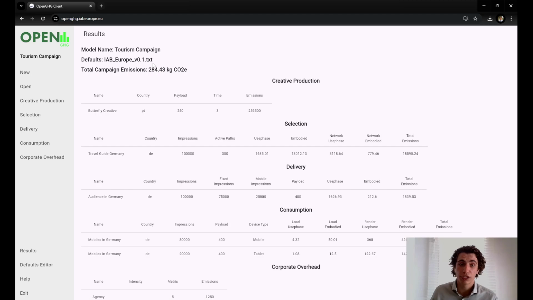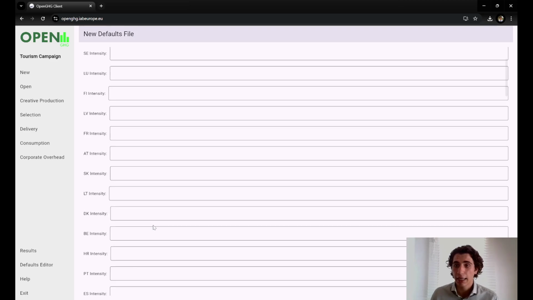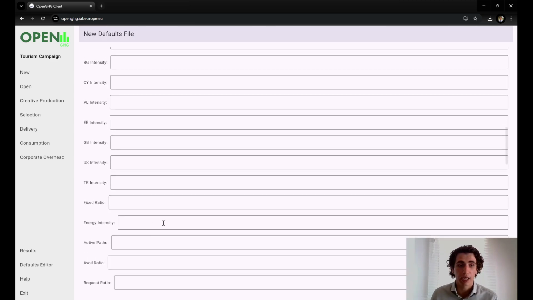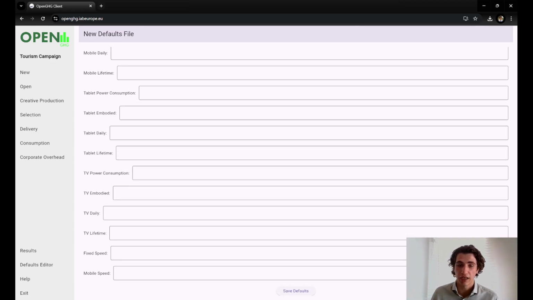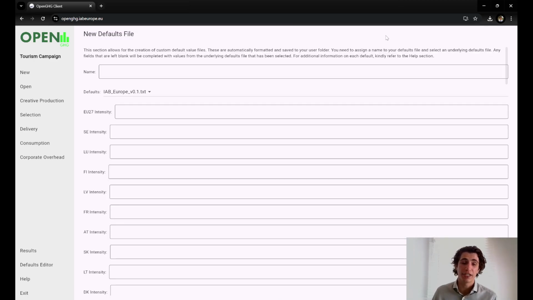Up here, you can also see what defaults file has been used for this model, which is really useful for record keeping purposes and to understand what exactly the differences are with respect to using different defaults files. An extra feature that we have added in the tool is this defaults editor right here. Now, this might appear quite complicated because it's really lacking documentation with respect to what each individual field does, but this will be used within the Framework and Methodology Working Group in collaboration with our national federations to look at how